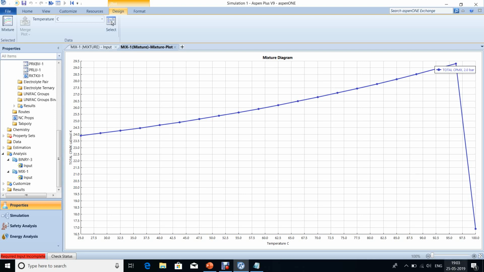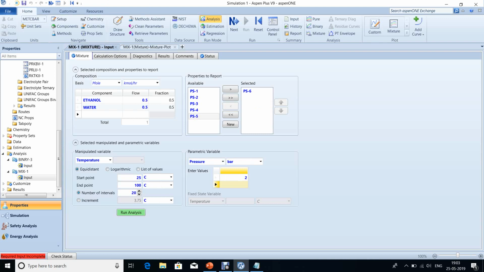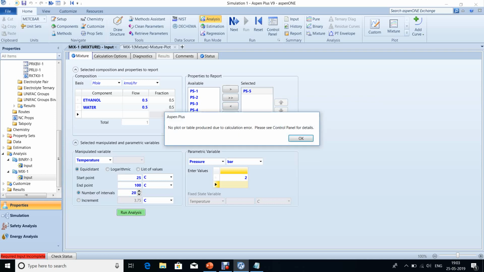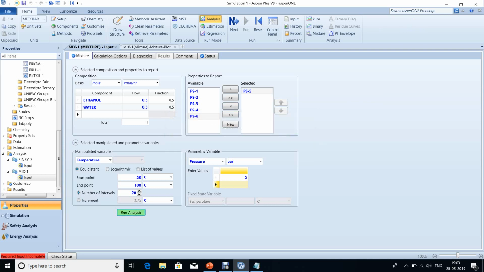Maybe the phase would be changing from this point to this point. I mean, any condition, anything would be there, but this is the property. Then I can again take this PS5, which we know is the viscosity. I need to just see whether that again is being shown or not. Again there is some error, so maybe viscosity would not be a good idea, because of any reason, I don't know, but this is a way to calculate or to get the